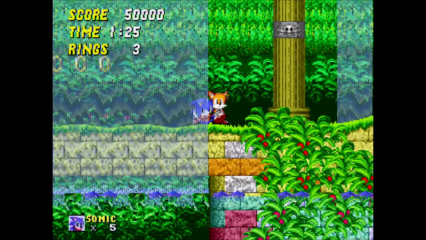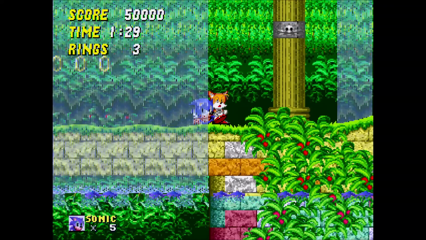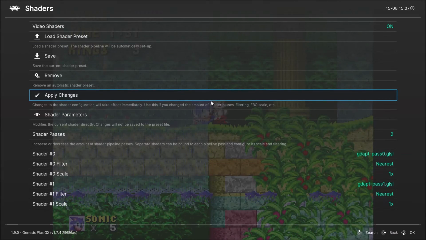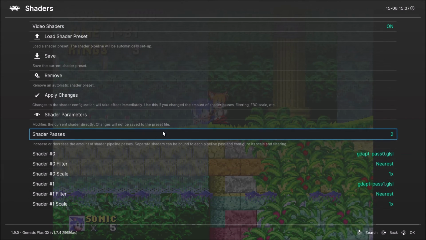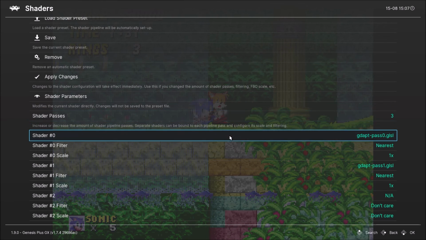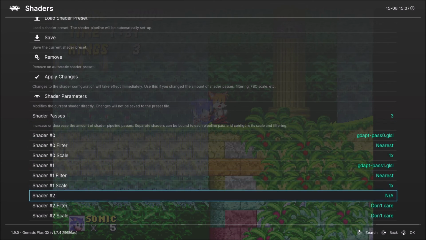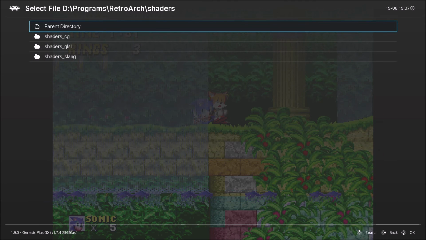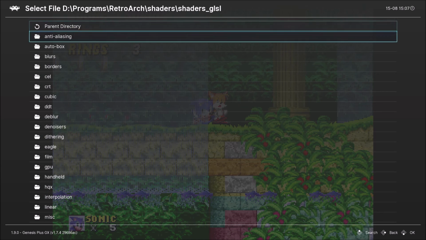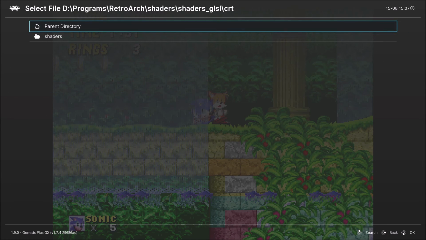But with this, it's like, well, what about things like Scanlines and other stuff? Now, there's two ways you could do it. Either one, you could go to shader passes and increase it and then come down to where it says NA on this one and just pick something to help you with Scanlines and something. For example, GLSL, CRT,